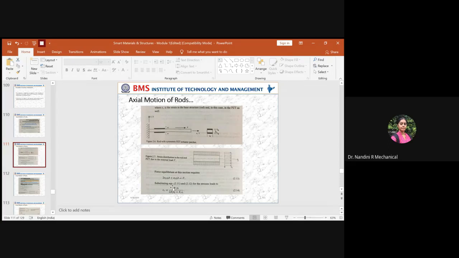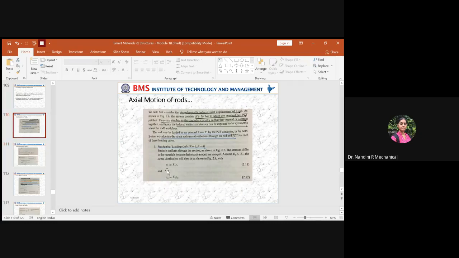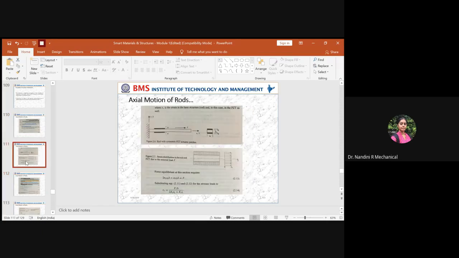Later, we will substitute the value of the strain induced across the actuator and across the substrate as derived in last class. So what are those equations? You have your strain induced across the structure as the Young's modulus, sorry, the elastic modulus across the substrate and the relative permittivity of the substrate. Similarly, the strain induced across the actuator is equal to the elastic modulus across the piezo element and the relative permittivity across the structure. So the same thing you will substitute in this equation.